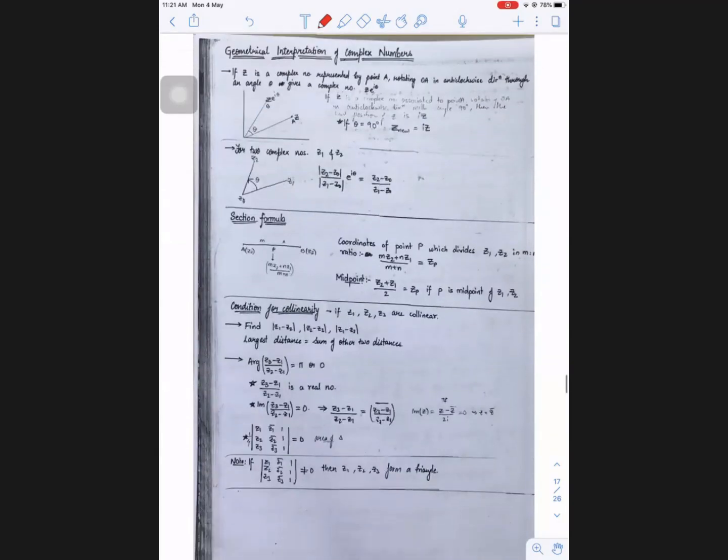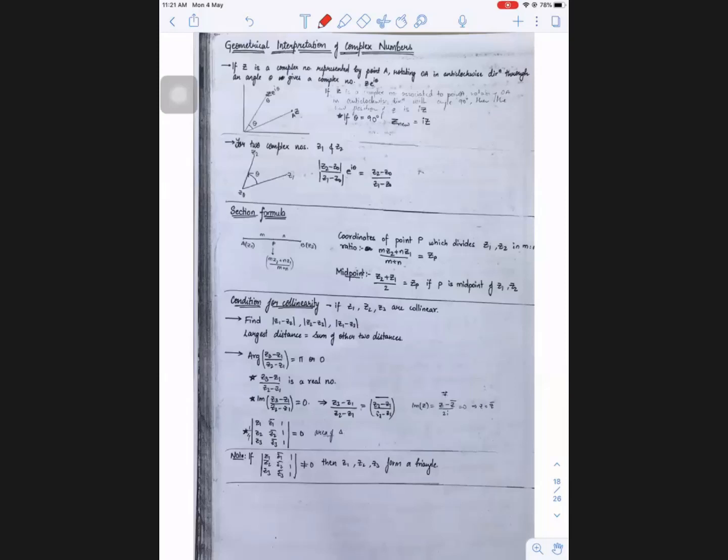Okay. Next, geometry results related to this. We know the section formula result and argument result, that we already know. And if two numbers Z1, Z2 are given, see, if you rotate by 90 degrees, what happens? Z changes to iZ with the same magnitude. By the rotation formula, we'll use this. Means if W is a complex number, if you rotate this ray by 90 degrees, then that new position is what? iW.